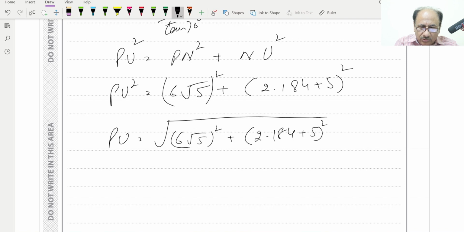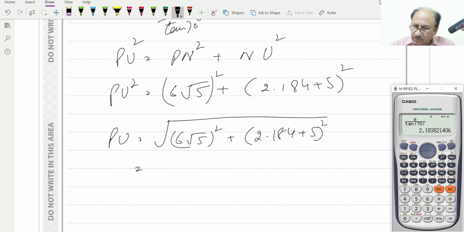This will be root, and this one we will be calculating with the help of a calculator. It will be 6 root, sorry, we have to take the first bracket, so it will be 6 root 5 and bracket close, and this will be squared, and plus bracket, then 2.184 plus 5 and bracket close, and this will also be squared, and this will be equal to